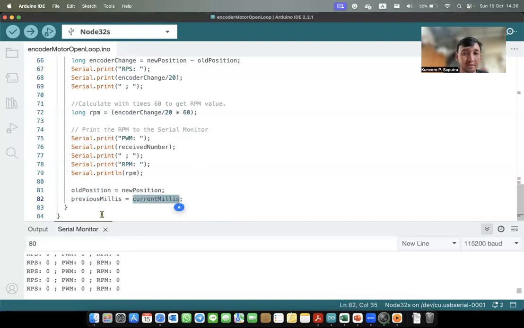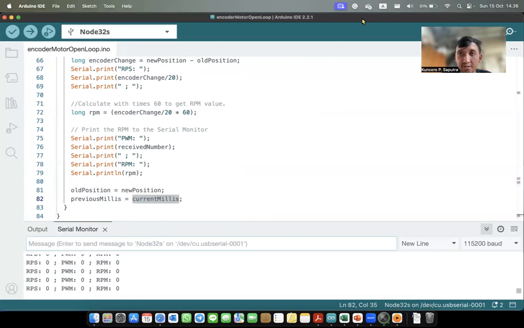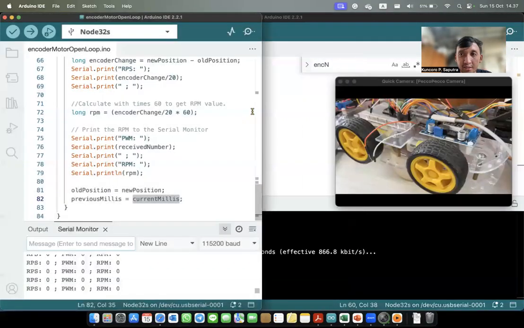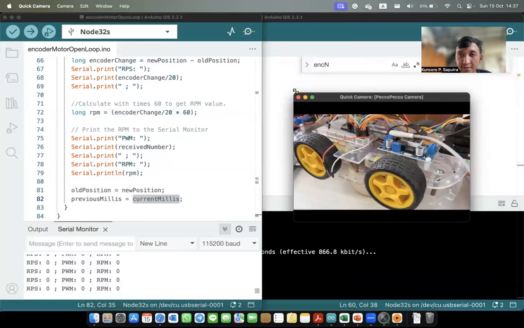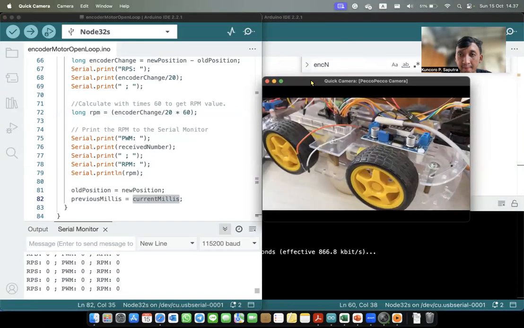After that, we can test the program. So we can set the PWM value using the serial monitor here, and we can see the speed of rotation in the robocar. This is the robocar that I use.